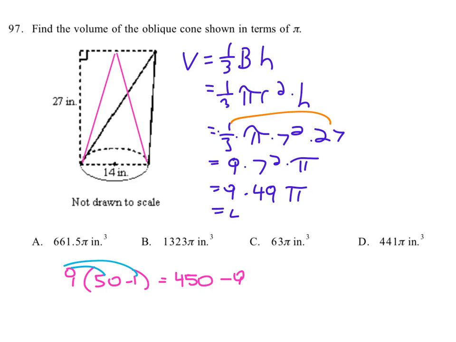Okay, so we've got then 441 pi, and what are the units? The units, it was inches, so they're inches cubed. And do we see that answer? We do see that answer. We see it there on D. So that's the answer to